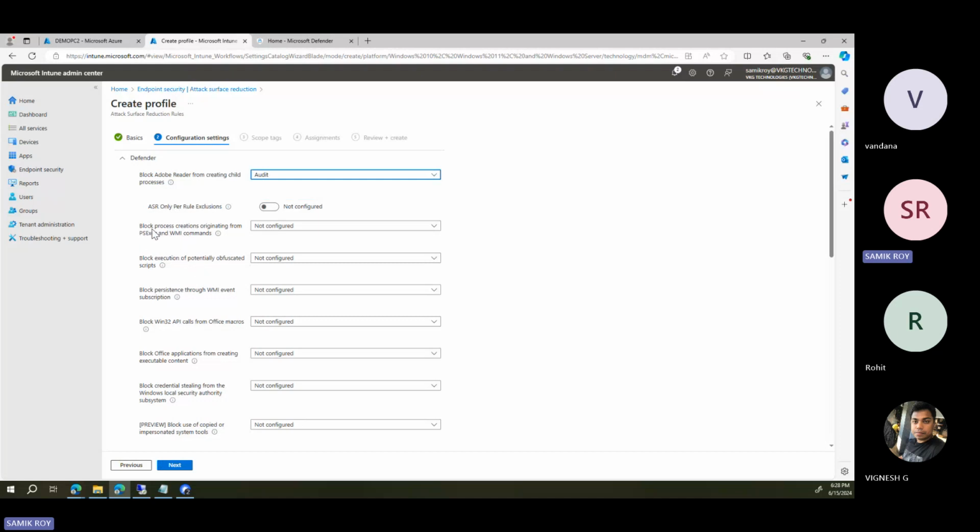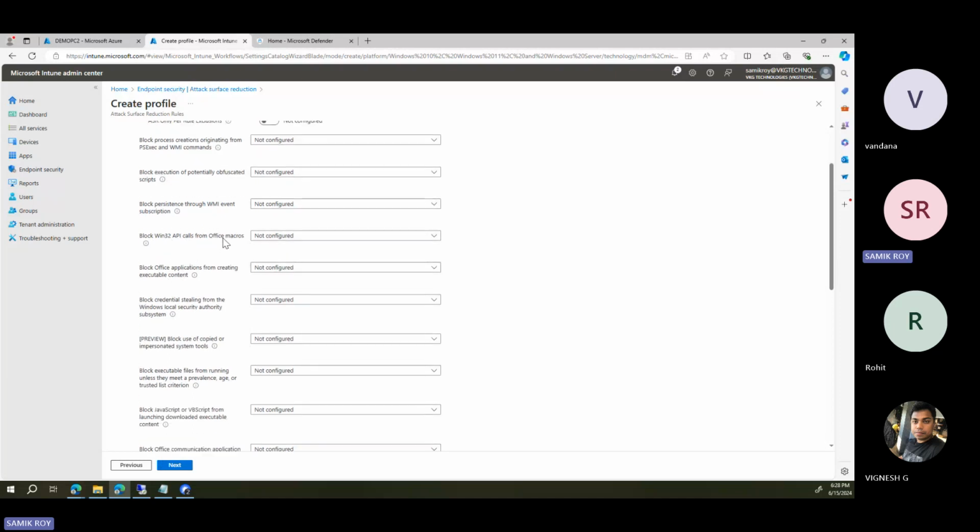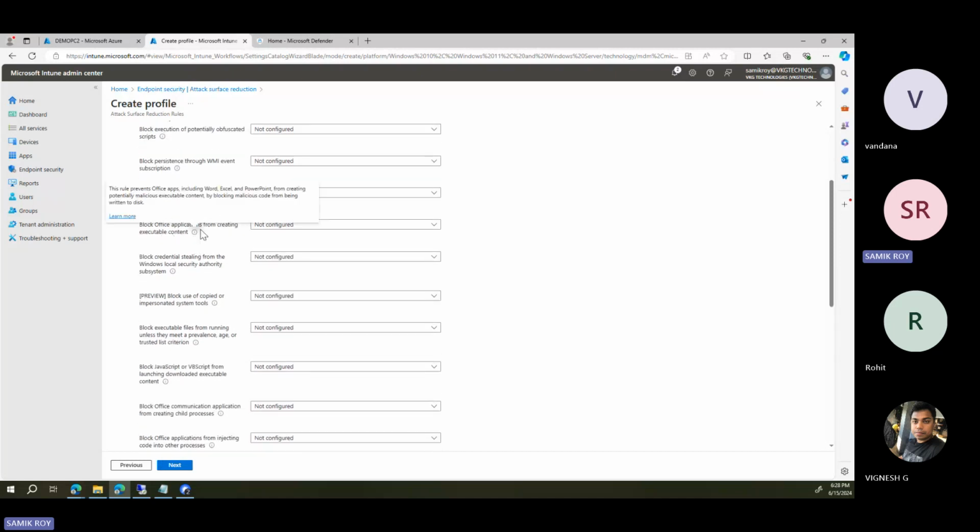Coming to some other rules, let's say block process creations originating from PSExec or WMI commands. That means someone is trying to run a reverse shell or something like that. Next one is block execution of potentially obfuscated scripts, block persistence through WMI event subscription, block Win32 API calls from Office macros, because Win32 is one of the major options here. And if it is getting called from Office macros, that's not a good sign. Block Office applications from creating executable content. That means, let's say you download a PowerPoint, you download a Word document. Behind the scenes, it is trying to create an executable file, and that can do 100 different things in your system,